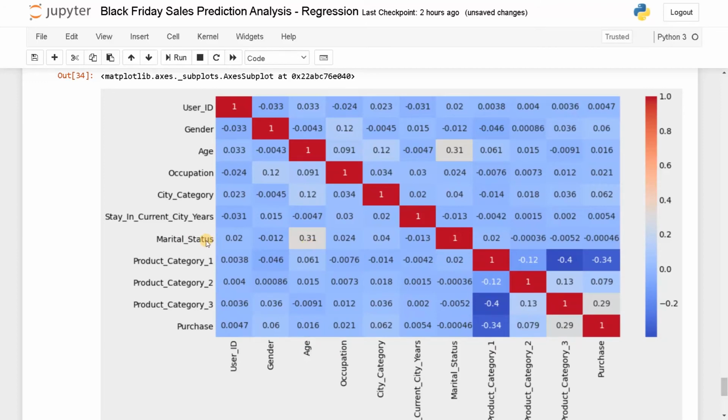I think the youngsters' single category may be correlated with the age category that is between 10 to 25. Maybe that's the correlation it's finding. Apart from that, other categories do not have much correlation, so we don't need to worry. And lastly, product category 3 also has some positive correlation to the purchase. So product category has some impact on the target variable. So that's what I'm observing from this correlation matrix.